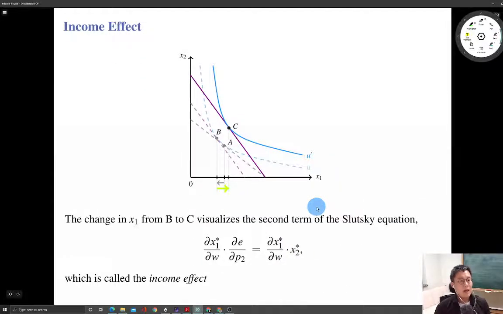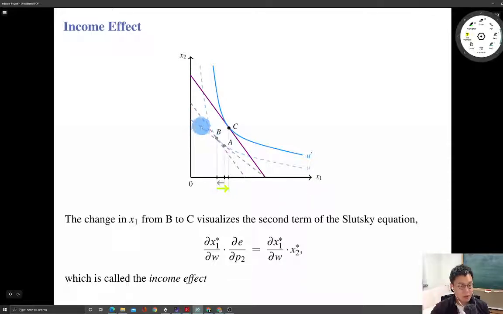Okay, so after considering the substitution effect, the remaining part of the total price effect is called the income effect. When price changes, the consumer's purchasing power also changes, so we can anticipate some change in demand for commodities due to this increased or decreased purchasing power. So if P2 falls,